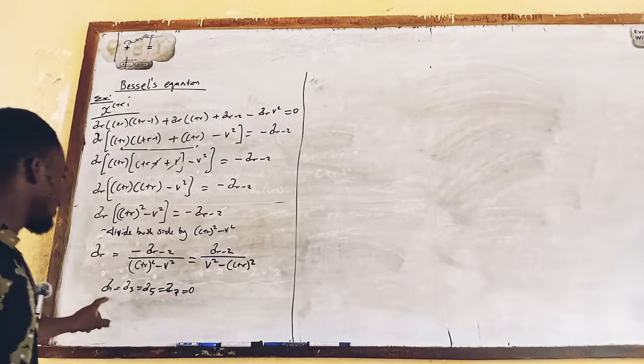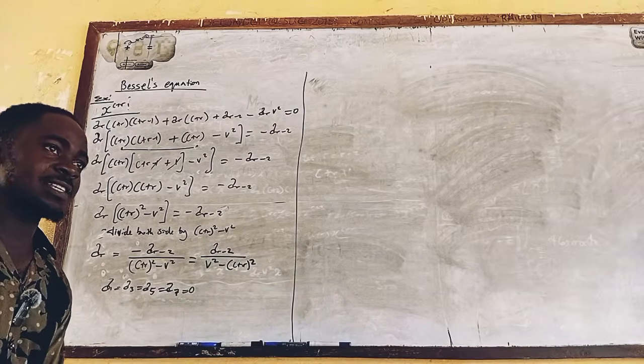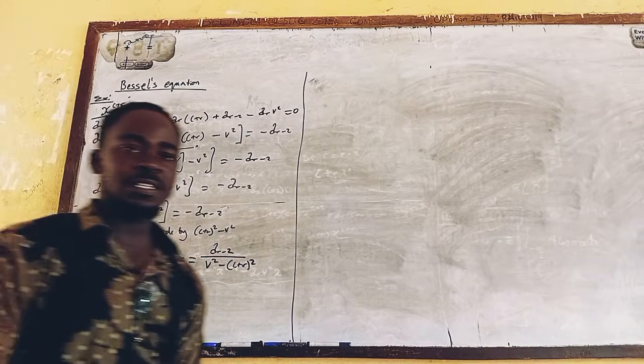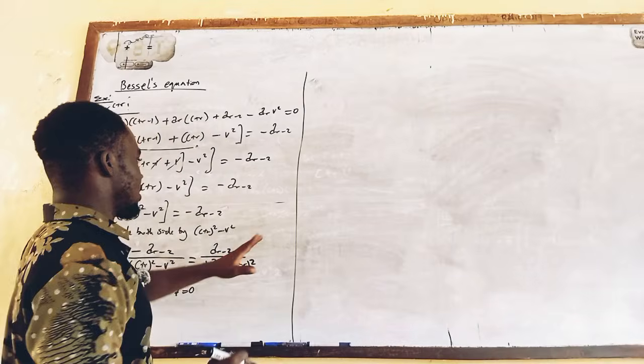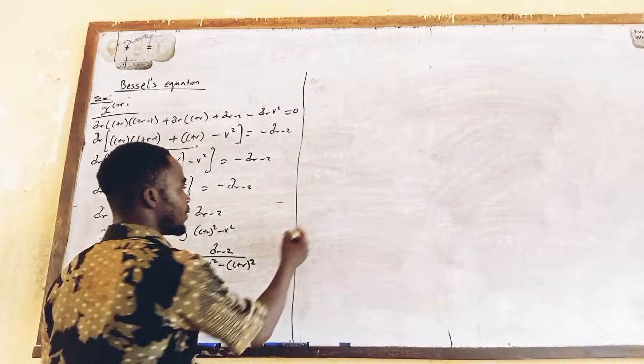We cannot have A1, we can't have A3, we can't have A5 and A7. All the odd numbers will be 0. Why? When you go back to the equation that we have here, the second step that we took, that we have A1,